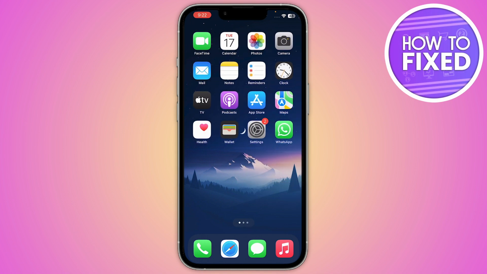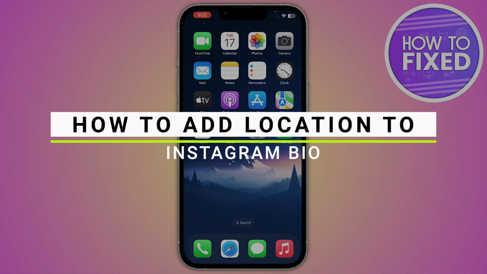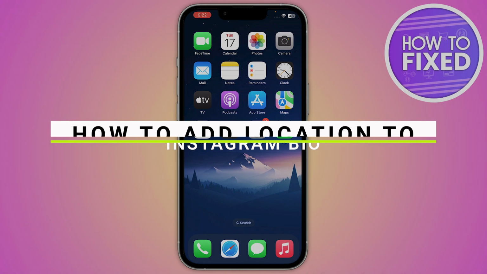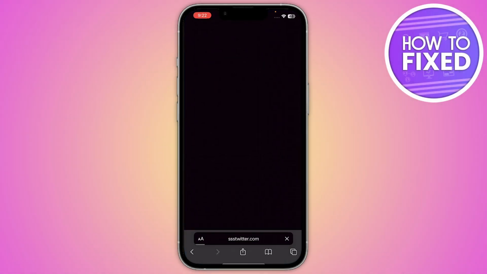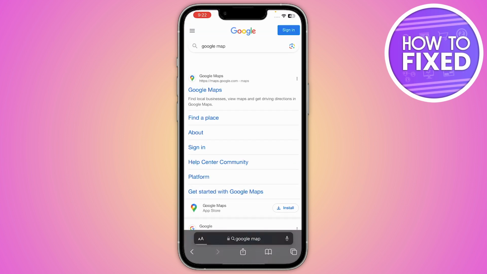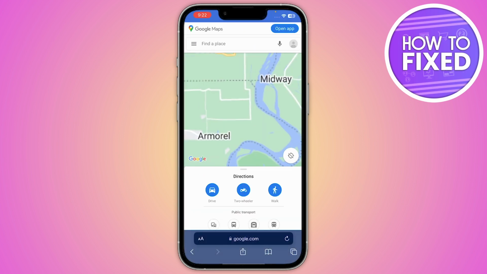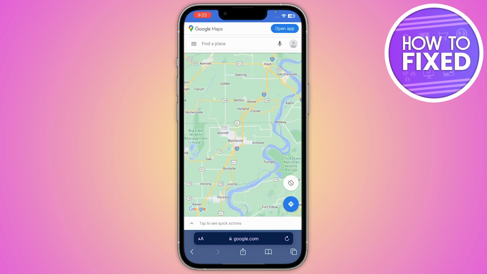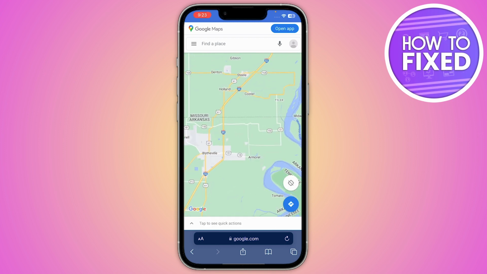So here's how you can add location on Instagram. So the first step is you have to copy your current location that you want to add in your Instagram. For that, you can open up Google Maps or whatever map you are using right now. So once you are in, you just have to select that particular location that you want to go with and